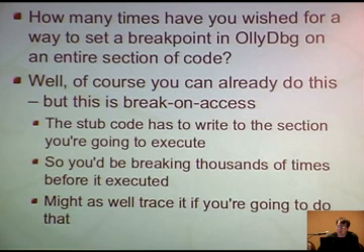The problem with that is that before you actually jump and execute this code, you're going to be reading, and most definitely writing, to it. So you're going to do this hundreds of times, thousands of times, depending on how big the code is you're unpacking. So you have to set this breakpoint and reset it again and again. Which turns out to be a really slow process. I mean, even if you automate it,